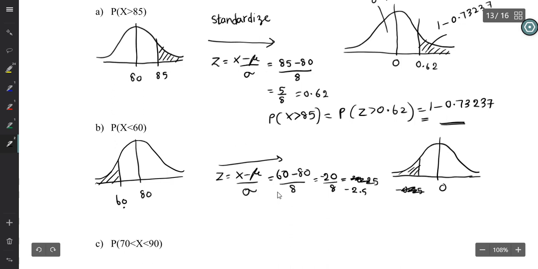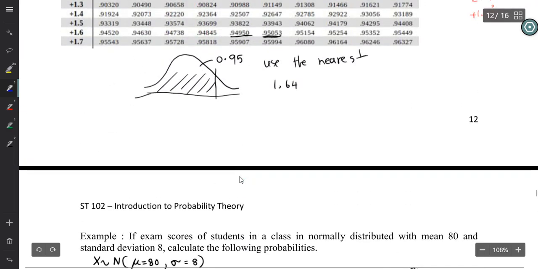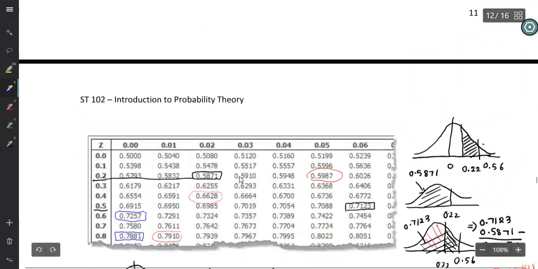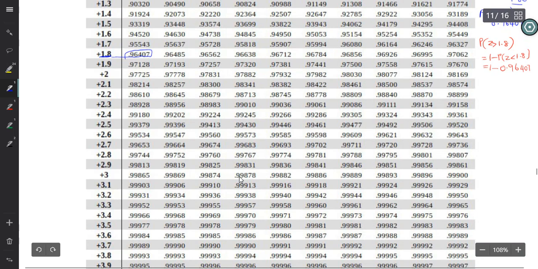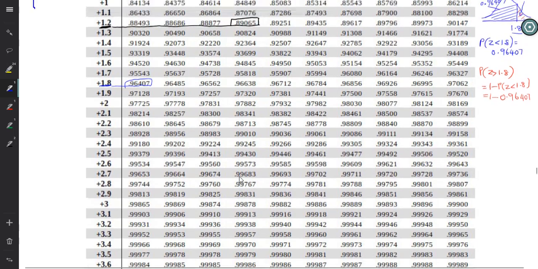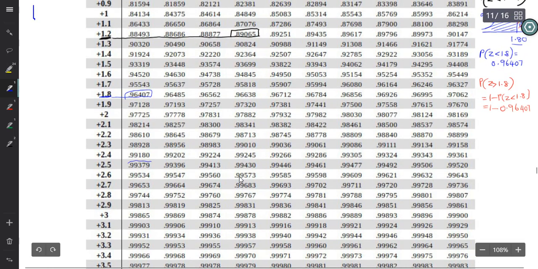Sorry, negative 2.5. Now how do you find this one? You have to use the symmetry. Left of the negative 2.5 is the same as positive 2.5, the right tail, right? So you can read 2.5, it is 2.50, which is